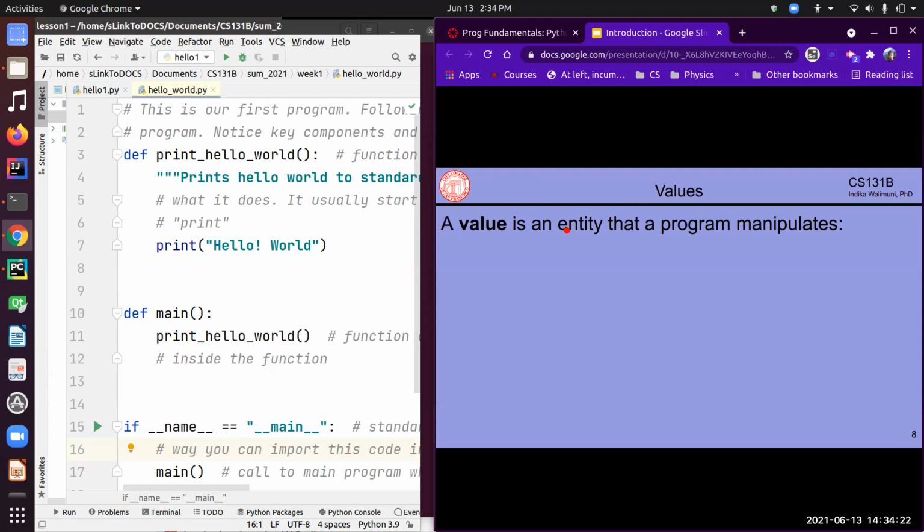We're going to start by discussing values. So the values are basically the entities that a program manipulates. Okay, it could be a number, it could be a string, it could be something else. So those are the values we deal with in day-to-day life, and it's the same